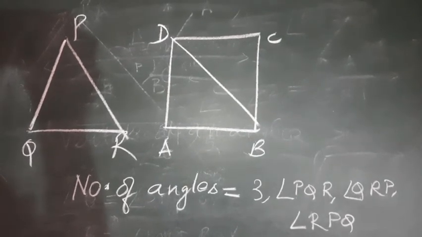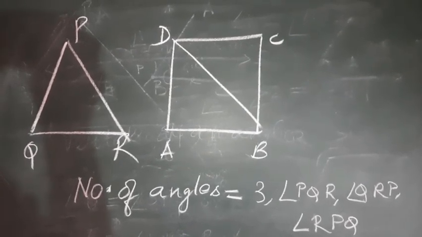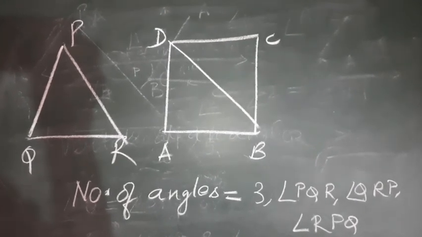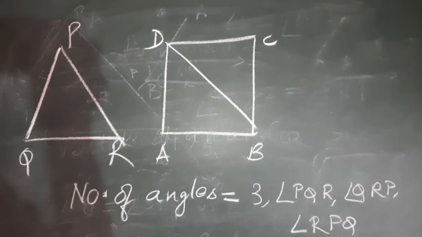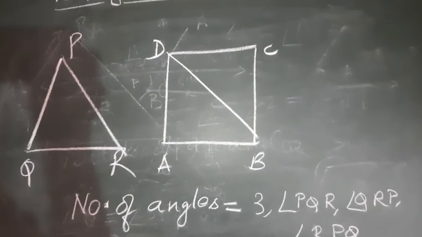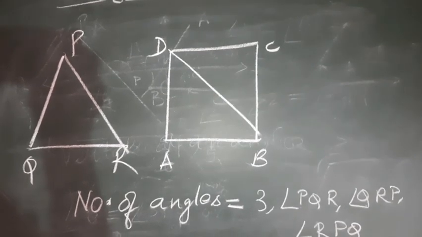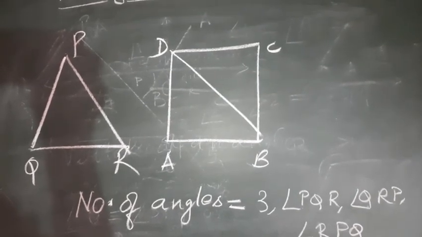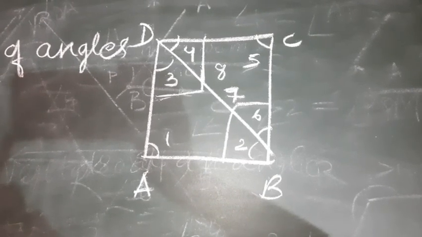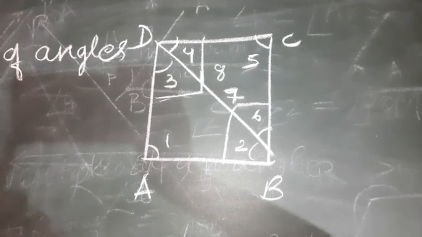So as I can see, there are 2 triangles. Okay, the second image is made up of 2 triangles. So 3 plus 3, total 6 angles plus 2 more angles. That is, there are 8 angles in this given figure. How am I going to tell it right now? So students, how many angles are there? There are 8 angles. I have named all of them.